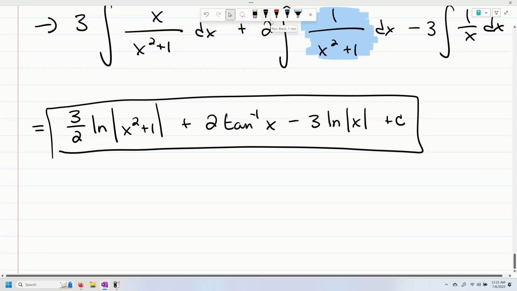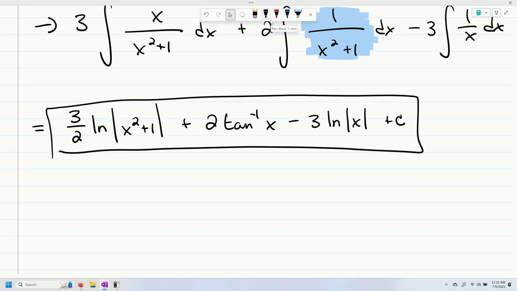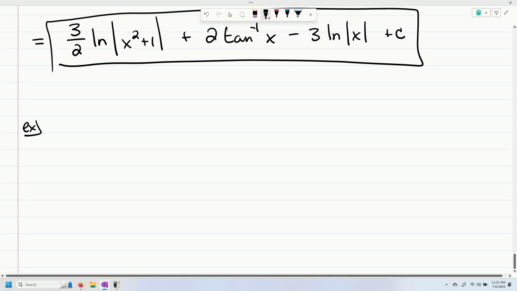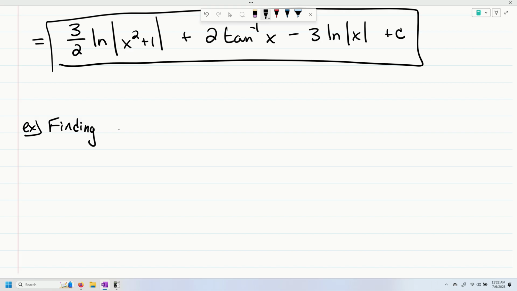So let's see here with our last example, we're going to do basically the same thing. Nothing, like I said, nothing too crazy here. All right. But this one, it's going to have a repeated root. Okay. So let's go ahead and let's do this one. And I'll make this one a word problem for us. So let's find a volume